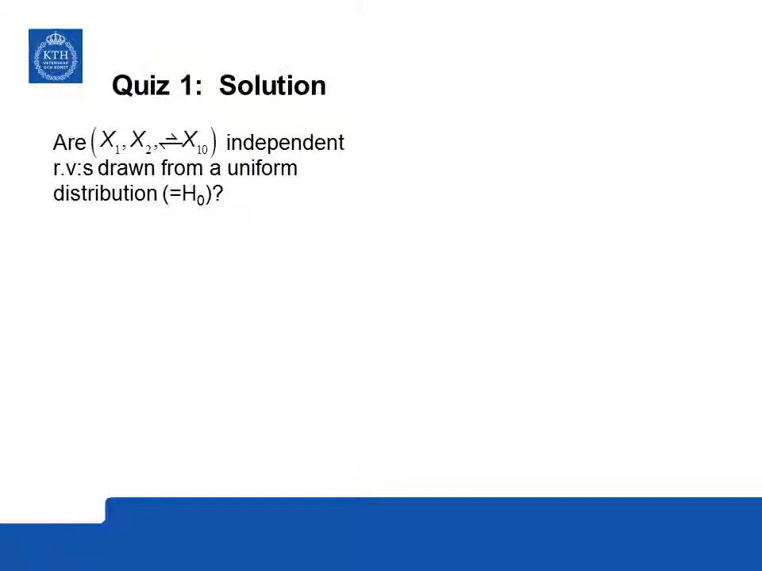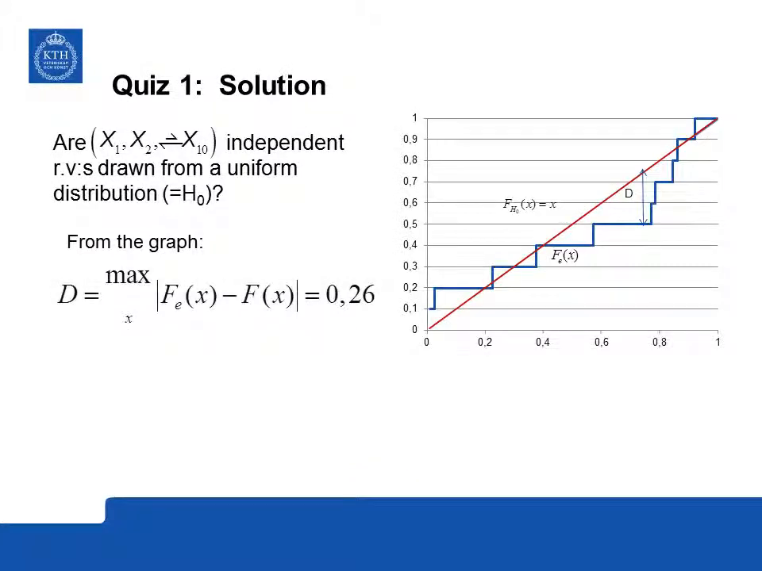And here is the solution. What we do is that we go into our graph and we find where the discrepancy between the empirical distribution, the blue curve, and the red curve, is the largest. And we find that's somewhere around 0.7, and the difference there is 0.26. And what we do is that we take this number and go into the table in the previous slide